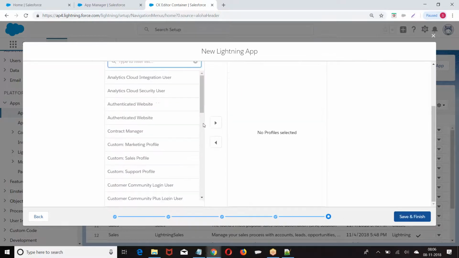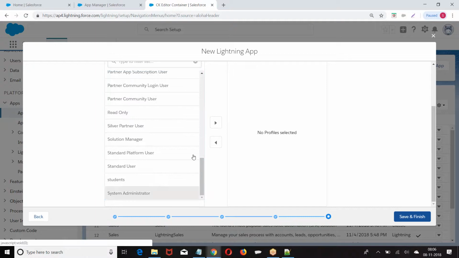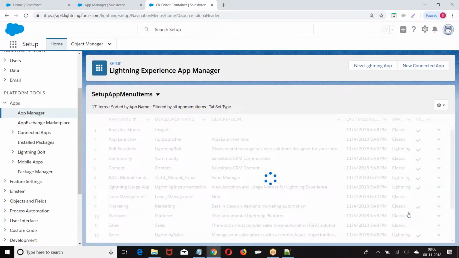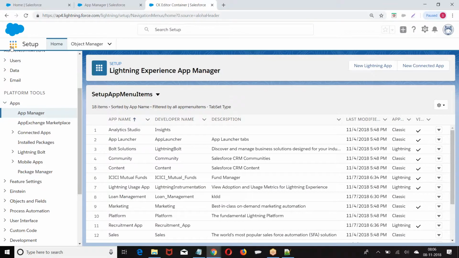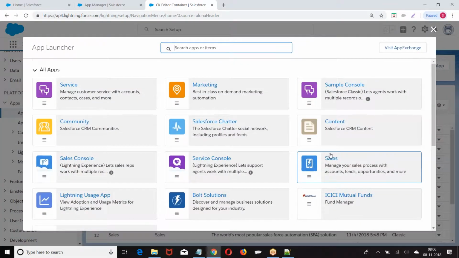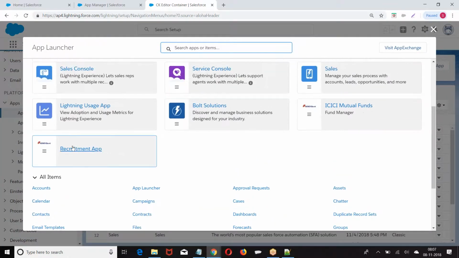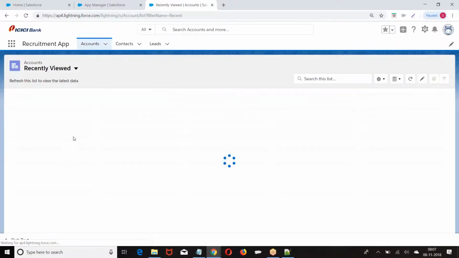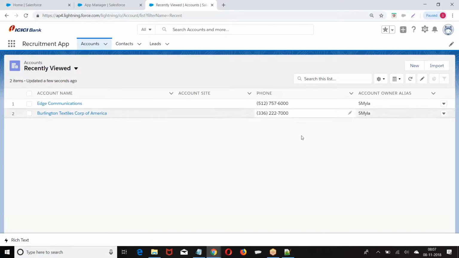Next, select the profiles. Now go to setup, recruitment app. This is what we are able to see. I hope you are good with this.